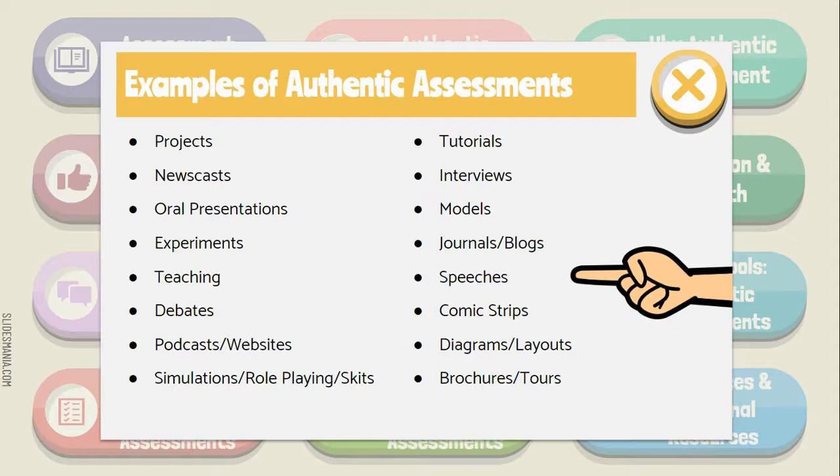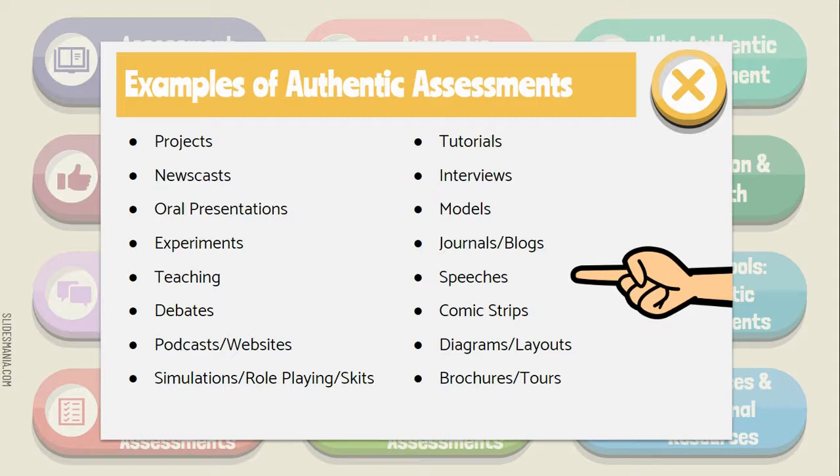If students are working out problems and they're screencasting themselves and their process of how they worked it out and why they got to that answer, when they're reteaching the class something, if they were in charge of this particular topic and they had to research it and prepare a presentation to teach to the class, right? These are all types of authentic assessments, debates in class, creating podcasts or websites that are informational, any kind of